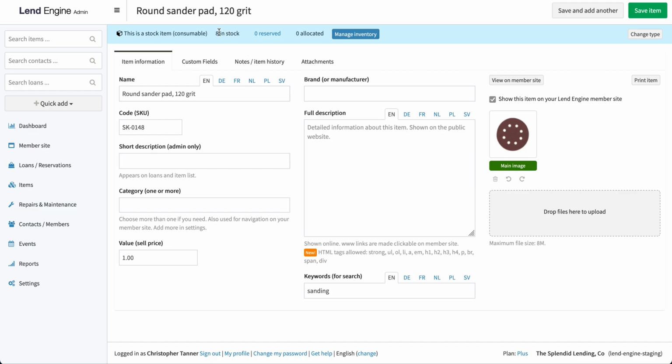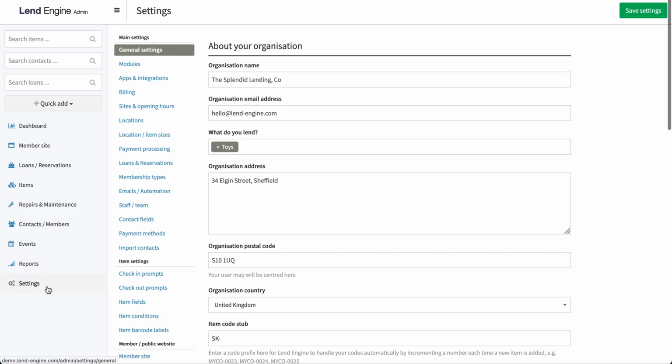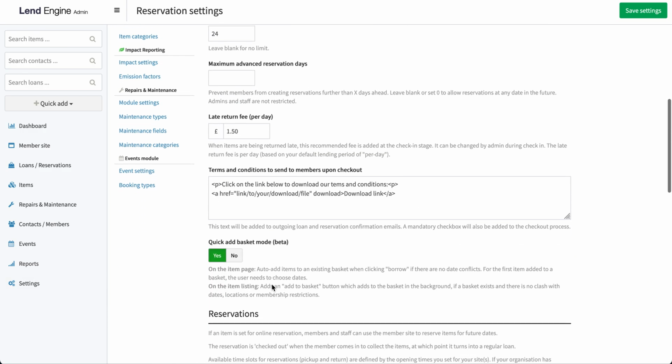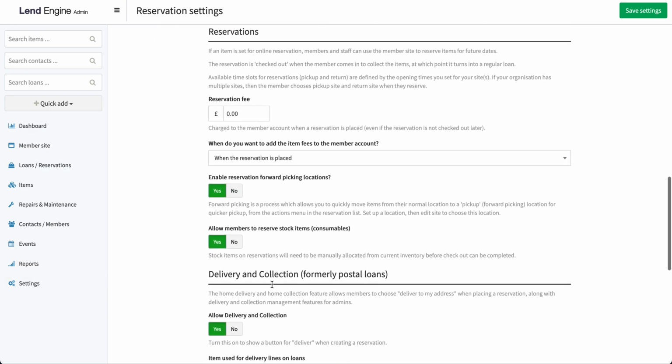So that's the change to stock management. Basically, you've got to allocate the stock. We may well auto-allocate if there are some requests for that. So if you've got the stock in the right place at the right time, we could auto-allocate it, but that's a TBC. One more thing to show you on settings, loans and reservations, I think it's here, is allow members